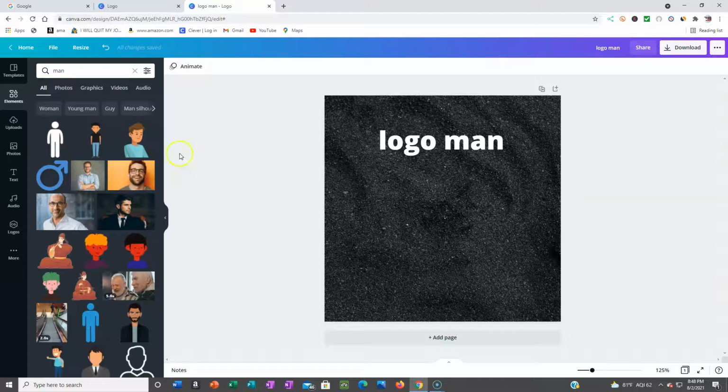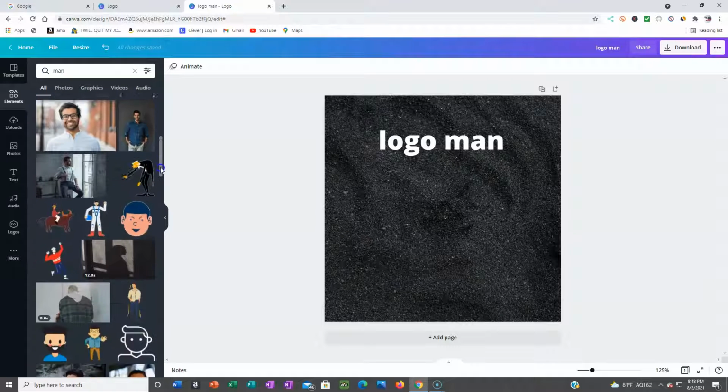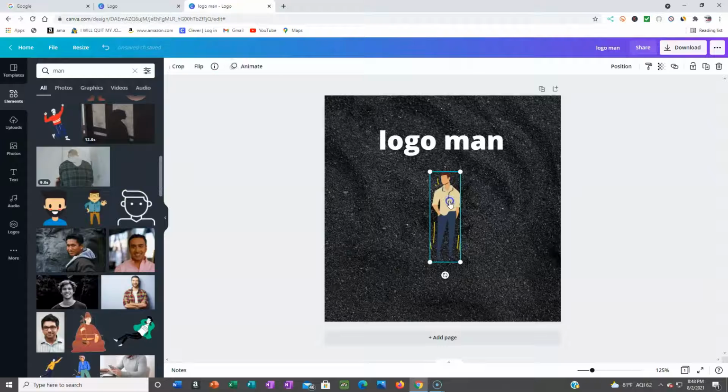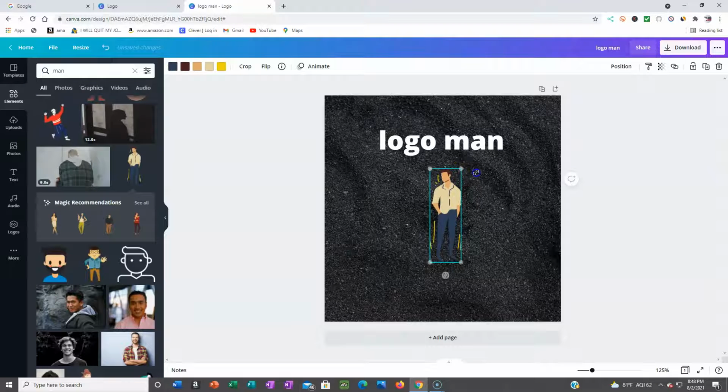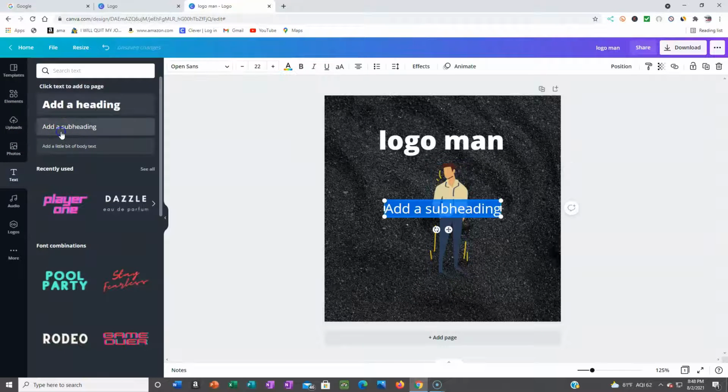And see, this is just something simple. It's your element, something that you can use for the logo. So you just want to click on, that's a pro version. Let's get a free one. All right. Bam, you just drag them in here. Like I said, you can make them a little bigger. Logo Man. Then you'll go back into text, grab a subheading,